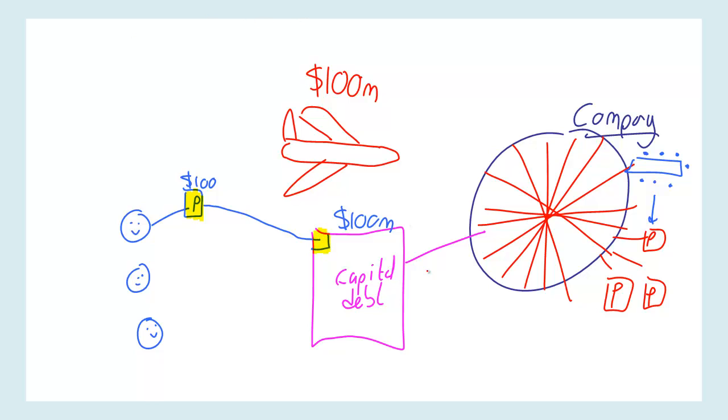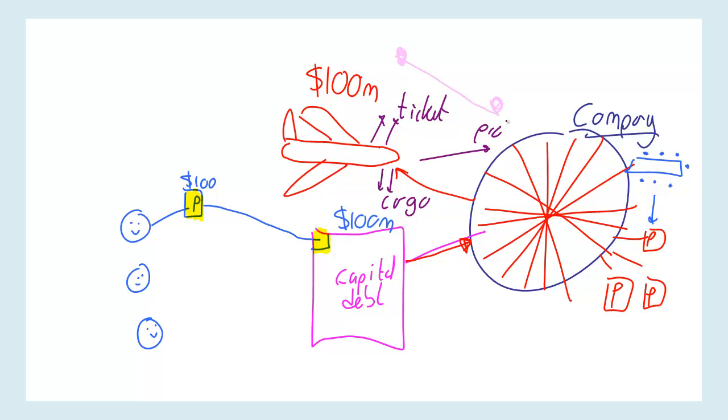And if hopefully another 999,000 people put forward something close to $100, the company now has the money to buy the aeroplane. That aeroplane will then go backwards and forwards between London and Singapore on a daily basis. And as it does so, it will be generating ticket sale revenues, and it'll be generating cargo sale revenues. And once we've taken off all the costs, what's left will form two things. It will form profits for the company, and there'll be interest payments to all of these people from that capital that was loaned.